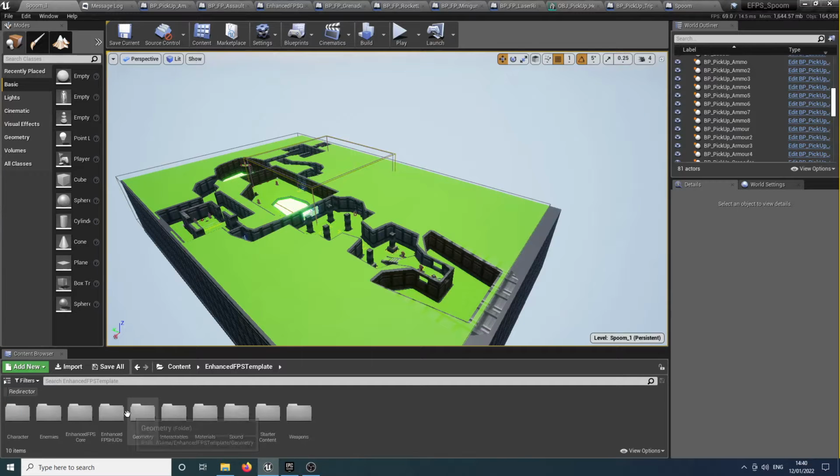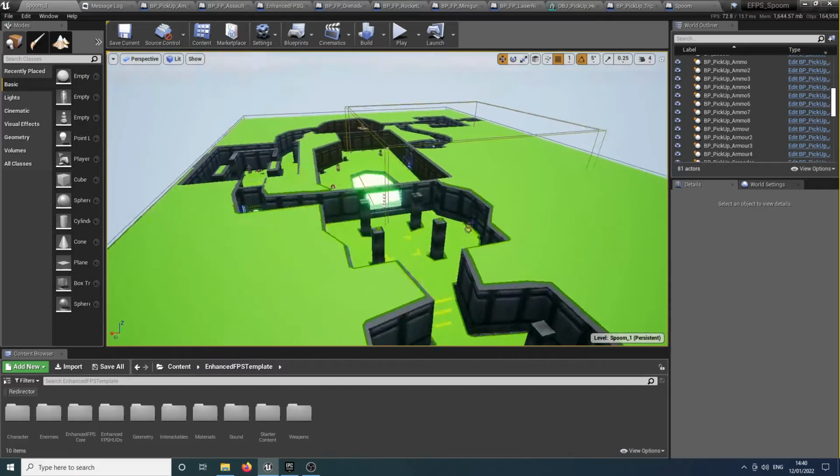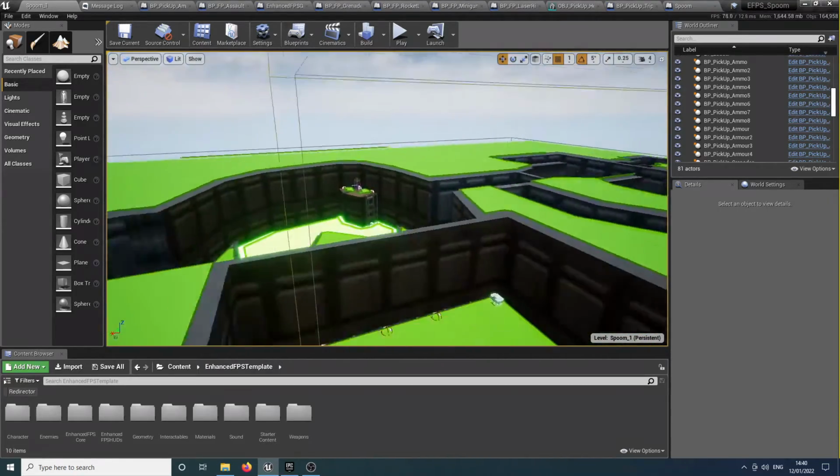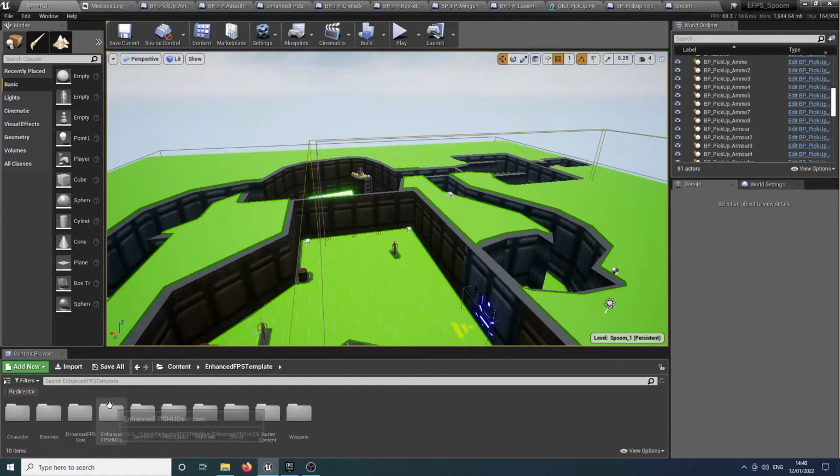Okay then, so now we've gone over how to actually use a project to build out levels and how the different functionality works for doors, elevators, pickups, guns, etc. We can start having a look at how to customize the look and feel of your game. So what I'm going to do is jump into the HUD folder and we'll go through some of the HUDs